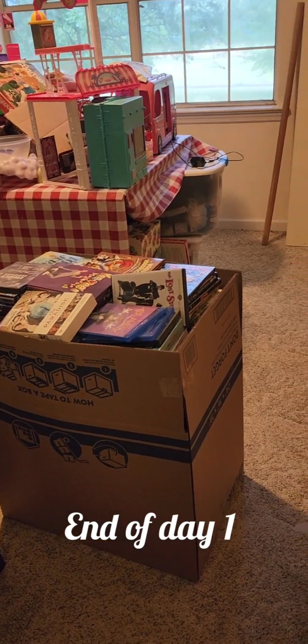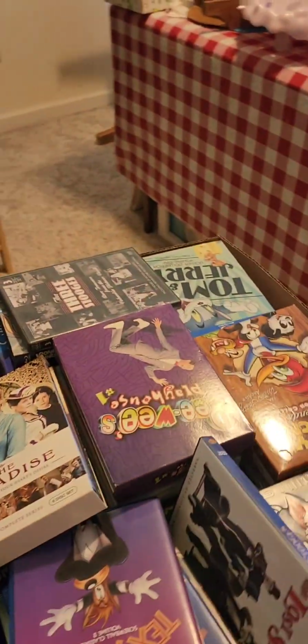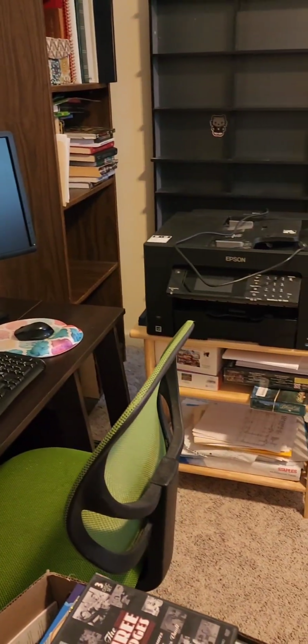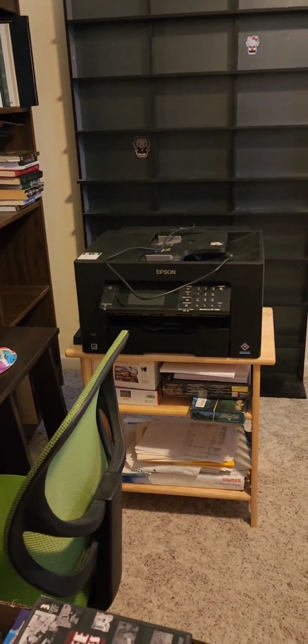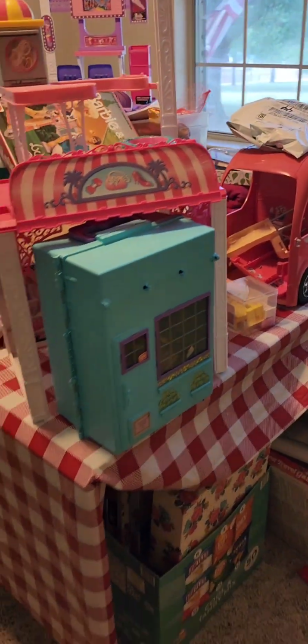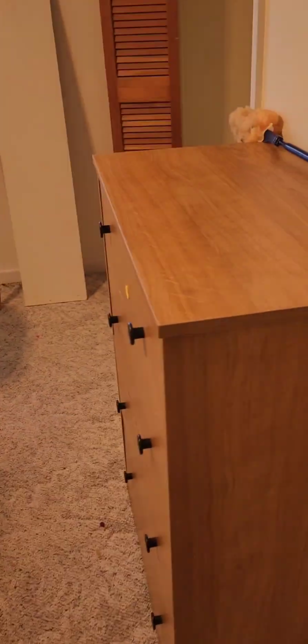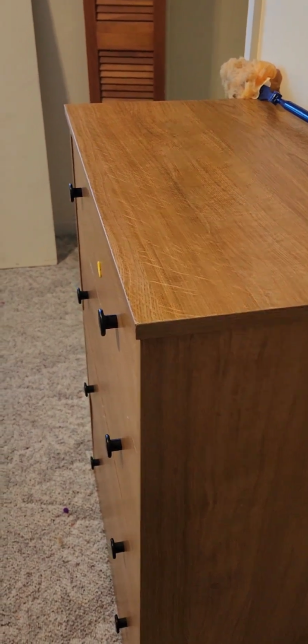All right, end of day one. All the DVDs, CDs are boxed up. Unfortunately, now I can't move this box, so I'm gonna have to figure that out. All the computer stuff, the whole media corner here will be moved very last. The table has to stay, and I'll have to paint the walls around it because it's big. This will be cleaned out and moved out of here tomorrow. But I got the closet all cleaned out, all empty. I need to take the little bracket things down and actually clean the walls and stuff. There's a closet area thing. So tomorrow,